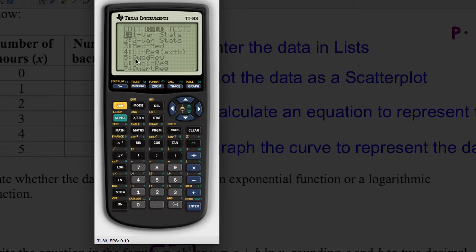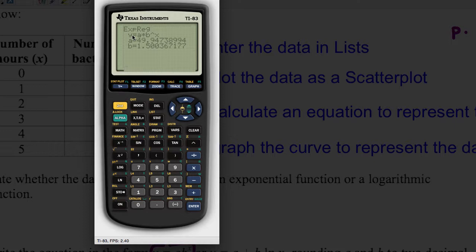And if you look down here, it has a linear regression, quadratic regression, cubic regression, quartic regression. So far, I don't see what I want. Another linear regression, natural logarithm regression, so we might use that eventually, not today. And here we go, we have exponential regression. So we hit enter. And now we need to tell which list to use, so we have to type L1, comma L2 in here. And L1 is in yellow right there, so it's second 1. Then here's our comma, and then second 2 for L2. And if we hit enter,